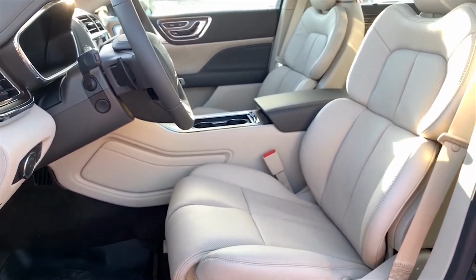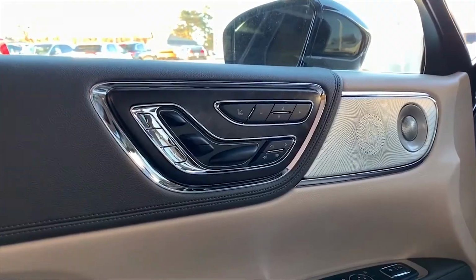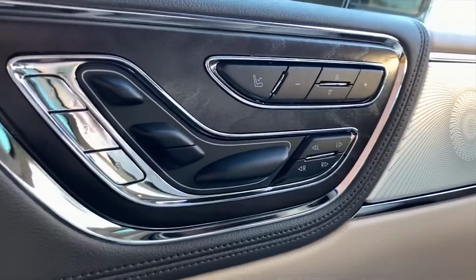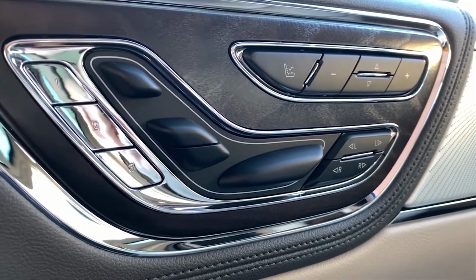power seats. One of the things that you'll notice when you look at the seats is the fact that their controls are actually here on the side of the door instead of on the side of the seat. This does a couple things. First, it lets you actually see the controls that you're reaching for, rather than having to fumble around for them. In addition, they have also added 3 presets here so we can get the perfect position without having to manually